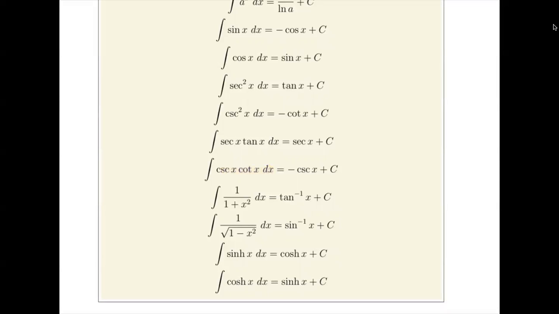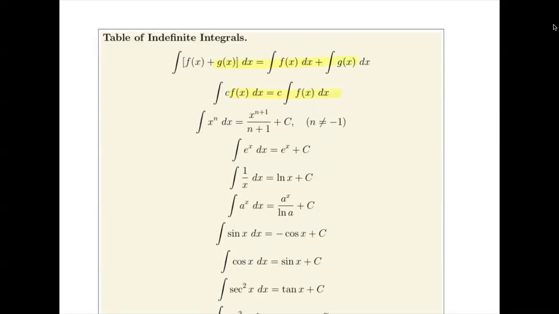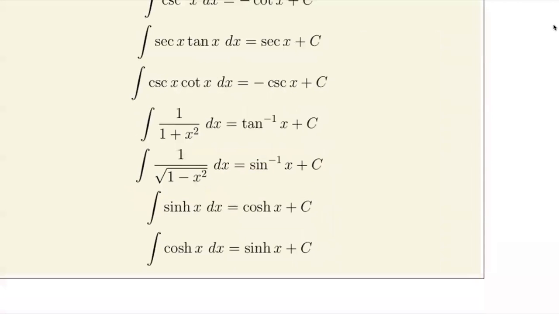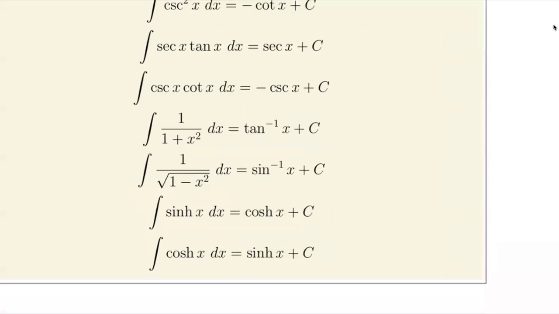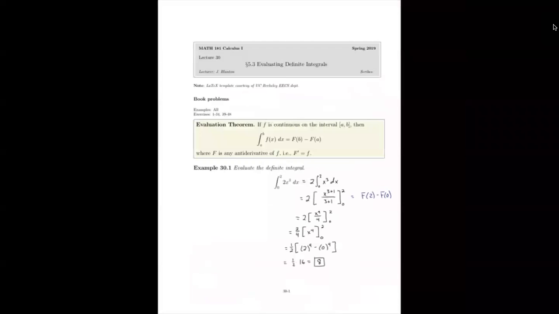So don't try to apply anything more than what you know from these tables and these couple rules that we've got that we can use to manipulate the integrals of functions we might be trying to take. So this is a handy table to have around. Know that there are more functions that could make this, right? There are 4 more inverse trig functions. There are 4 more hyperbolic trig functions, so on down the line. But this is just a good starting point and maybe a handy thing to keep in mind. So, by the way, what happens to the constant of integration when we do a definite integral calculation,